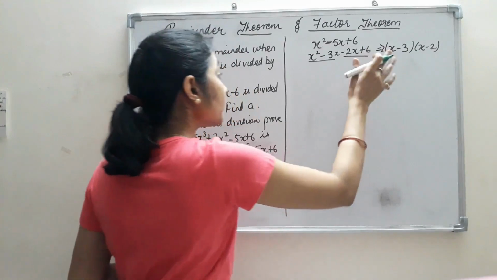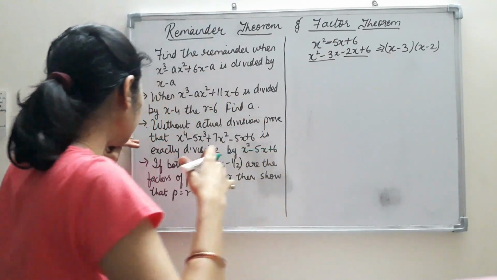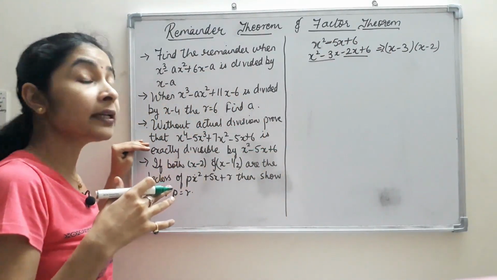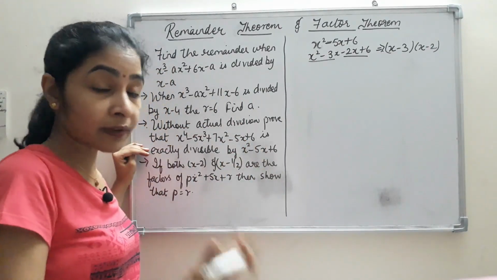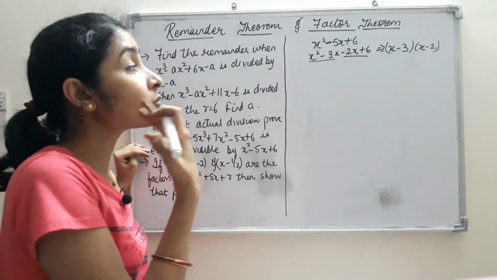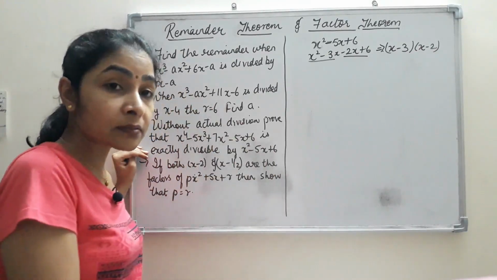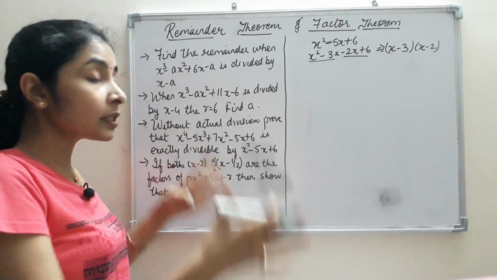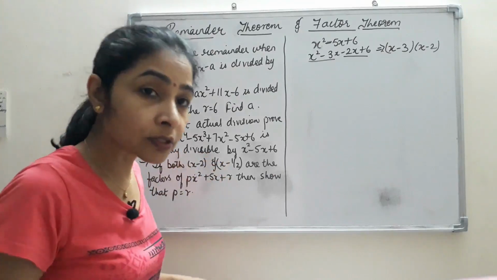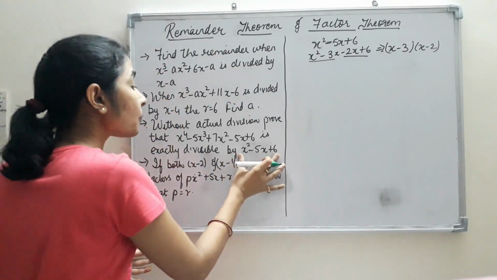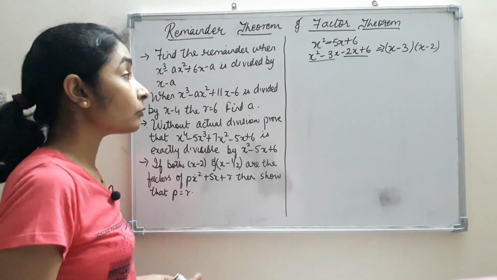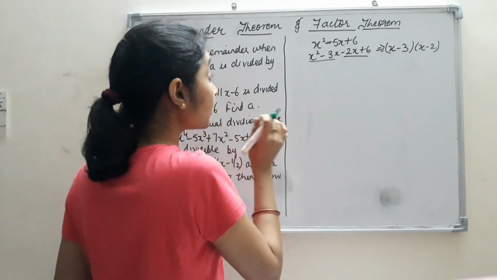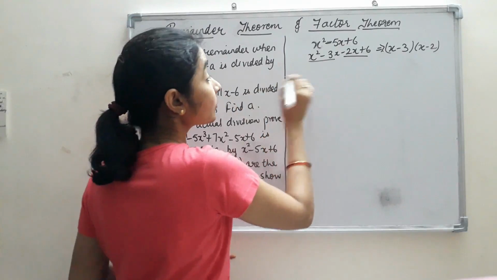So first we will find the remainder by taking x minus 3 as the divisor. Then we will find out the remainder by taking x minus 2 as the factor. If in both the cases the remainder comes as equal to 0, then in that case this polynomial is the factor of the given polynomial. Now finding the remainder